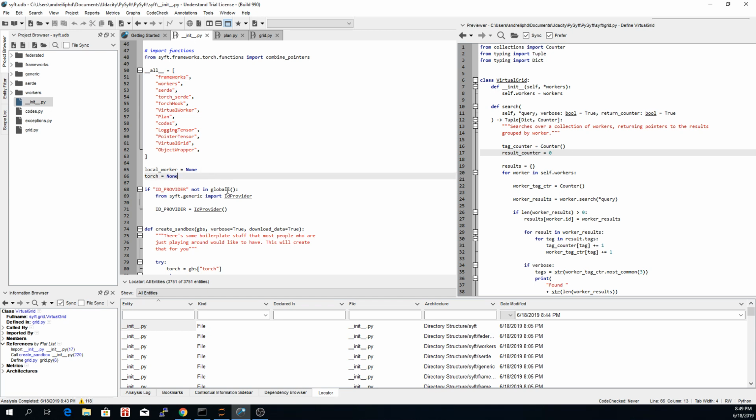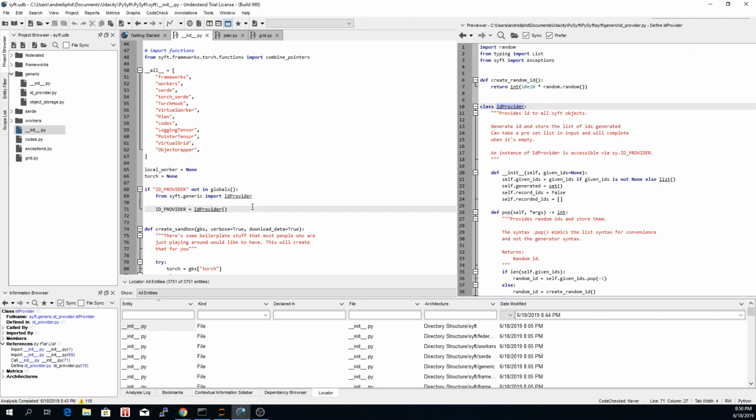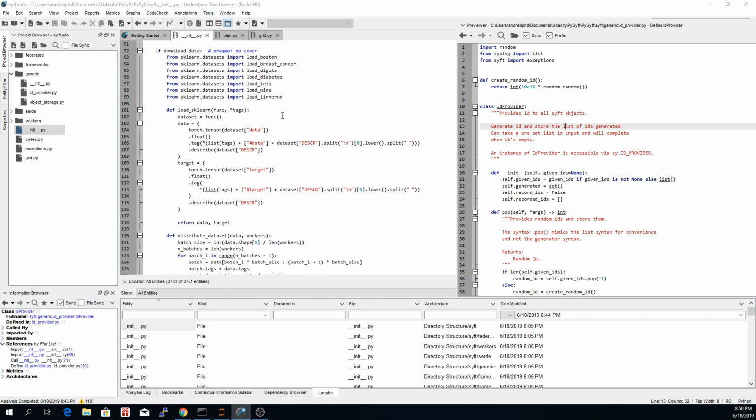Here we assign variables and ID provider. It should be in generic. It's used. So for example, you can click ID provider and it should show you the class. Okay, it's ID provider. It provides you ID for your data. So it's creating these IDs, and here we have a nice function that is not related particularly to